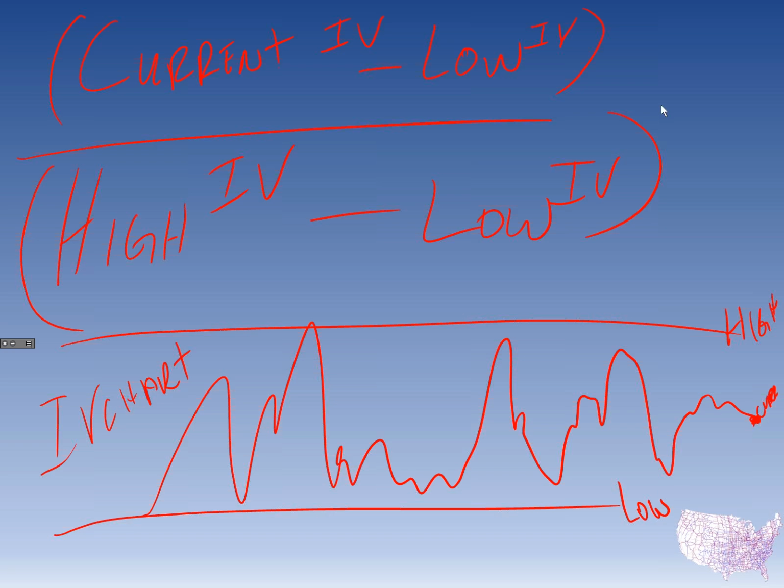If you like to dig into the devil of the details, then figure it out to the minutia. I actually have a script for at least thinkorswim that you can throw over there in the watch list. I rate everything. I put everything in a category from highest IV percent to lowest IV percent. So this equals IV percent, basically saying where the current is in relation to the high and the low, all right?